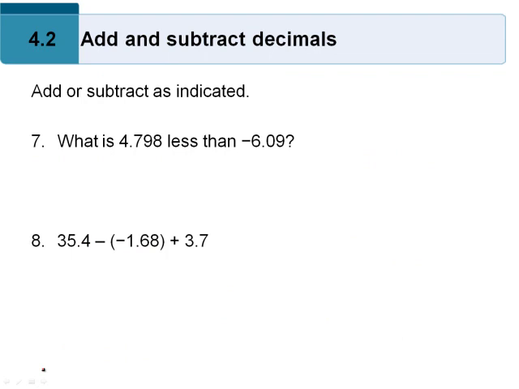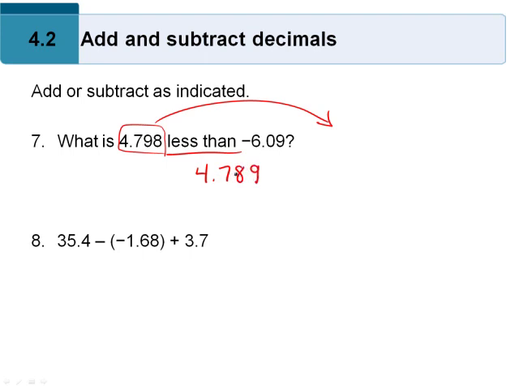All right, so here's a couple more. Number 7 says, what is 4.798 less than negative 6.09? So remember, less than, way back in chapter 1, you have to take whatever's in front of those two words and it gets put to the end. You have to subtract it. So you're going to have